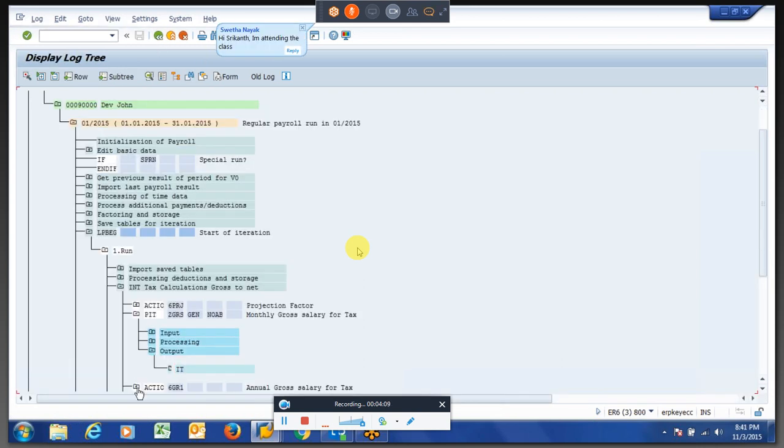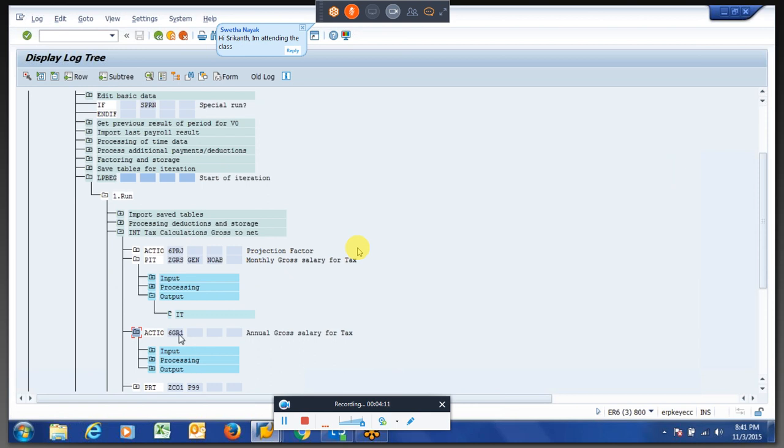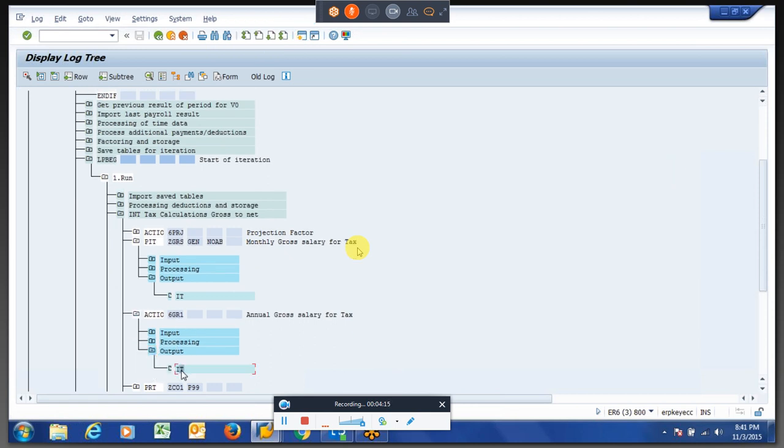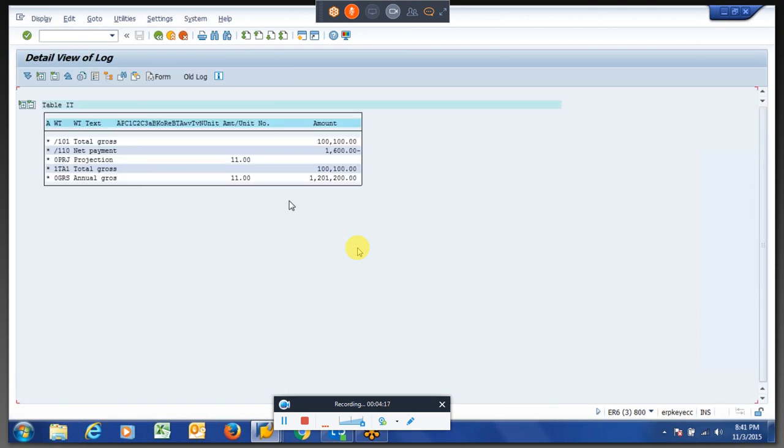The second wage type, the second PCR, was accumulating the values and calculating the annual gross. The amount we are getting in the OGRS wage type, that is the taxable gross.